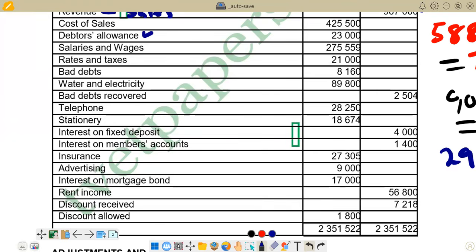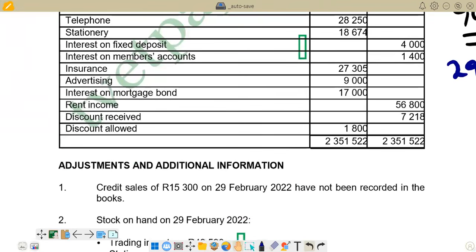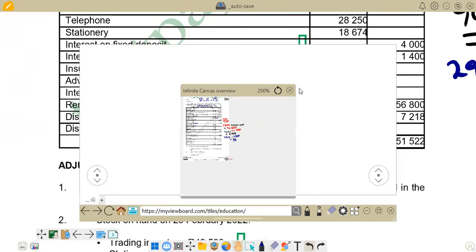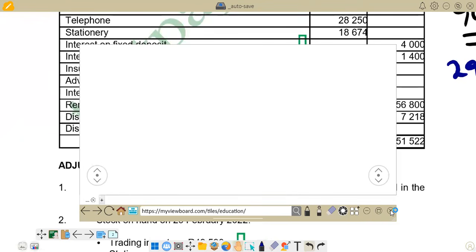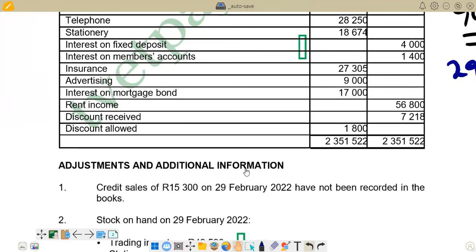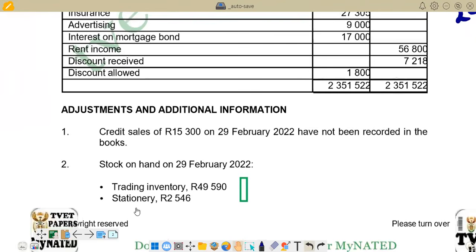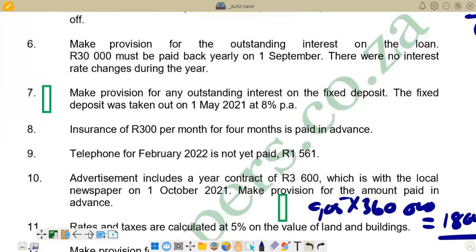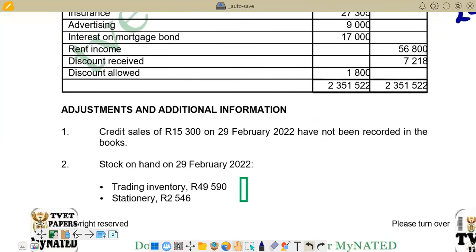Then we check if we've got anything that is affecting telephone. Right, we check there. On this page, we don't have anything. Go to the next page. We see on item 9, telephone for February 22 is not yet paid, 1,561. This is an accrual not yet paid. So it means we need to add it to the figure that we are given in the list of balances. So we've got 1,561, and the figure that we are given in the list of balances for telephone